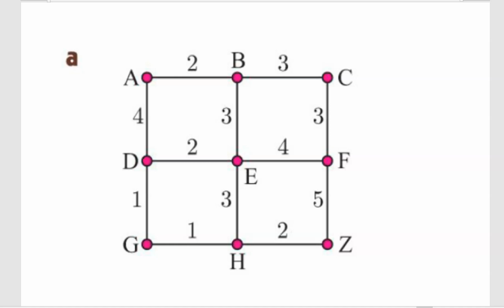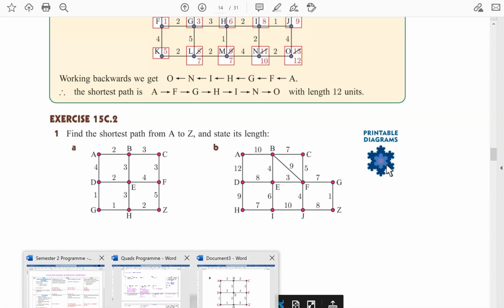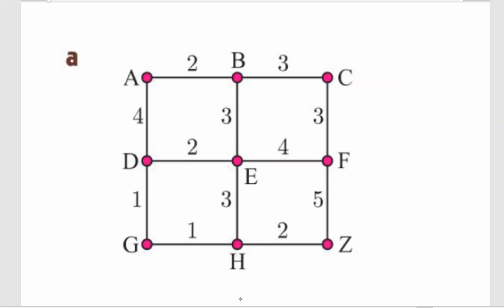So hopefully you've got your diagram all labelled and whatnot in front of you. If you're reading the question, this is question 15C2 1A, and we're going from A to Z. Because we're starting at A, we put the 0 there. Done. Now the only way that we can go is there and there. So to B it's 2, and to D it's 4. So pop the